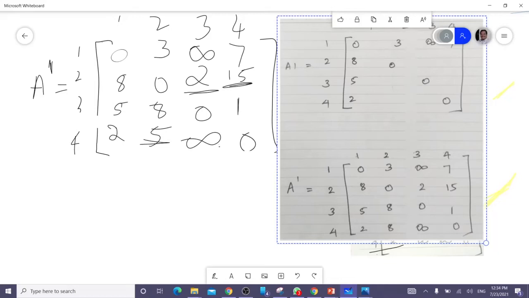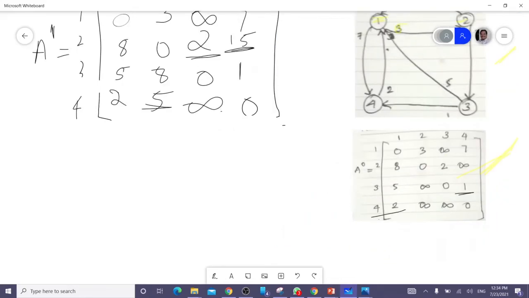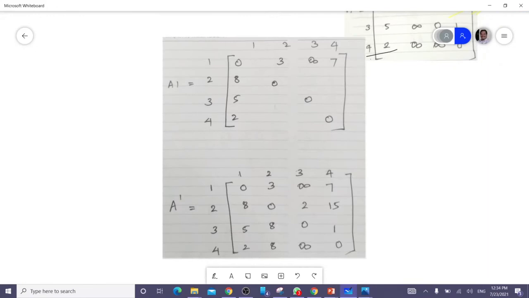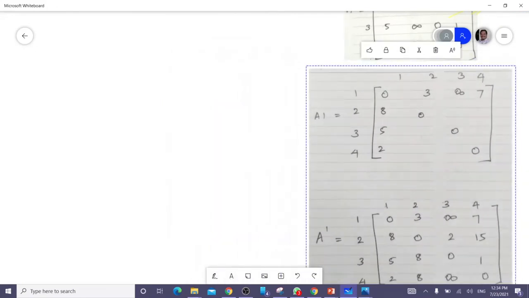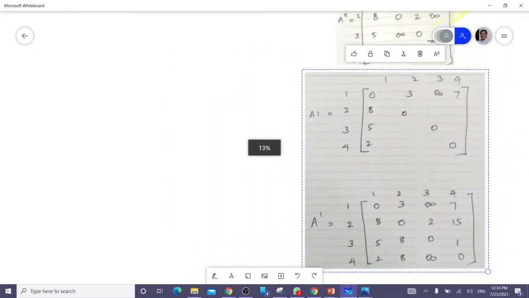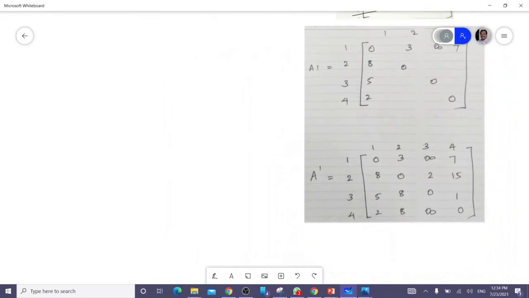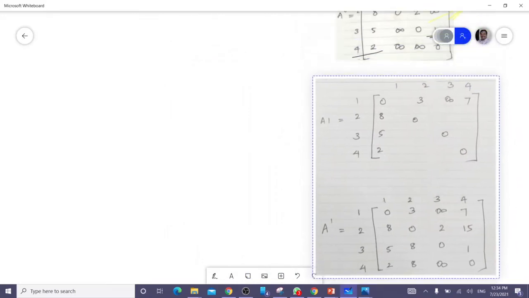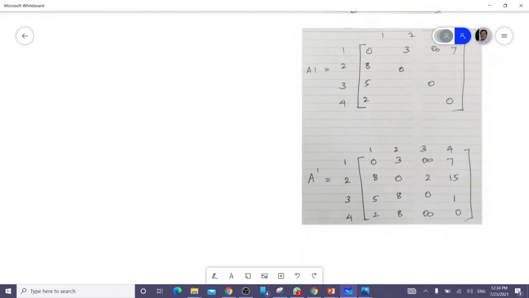I'll just keep this. Just move my board a little bit. Okay, keep it here. I paste it here. Just move our whiteboard a little bit. Yes, I just pasted it below. Right.